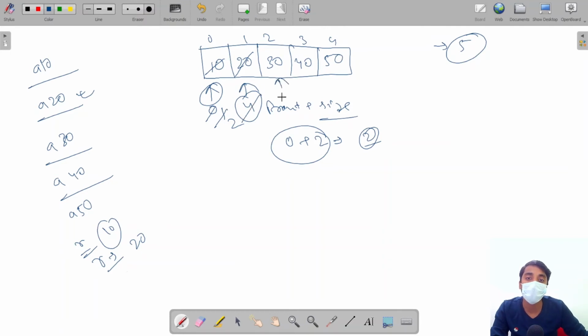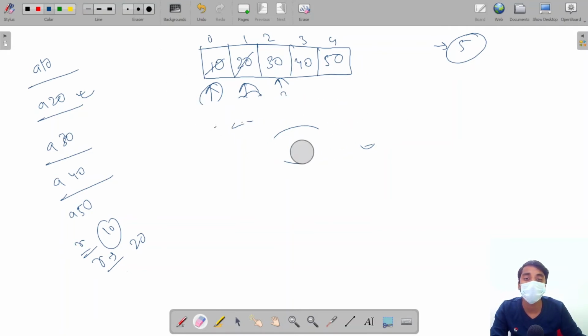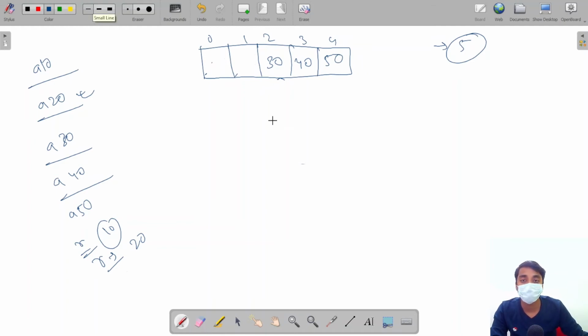The size will be 3. This is front pointing here. The size is 3. Now if we want to add 60, it will add 60 here, but how?